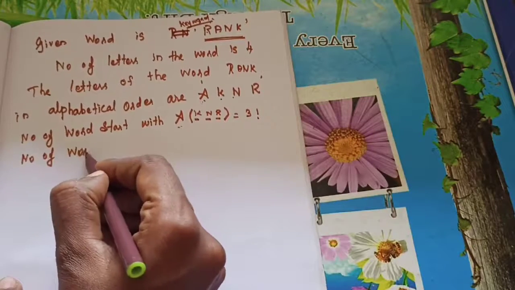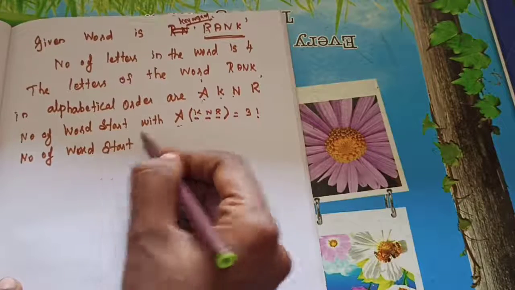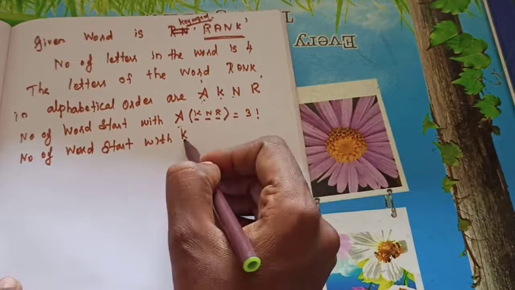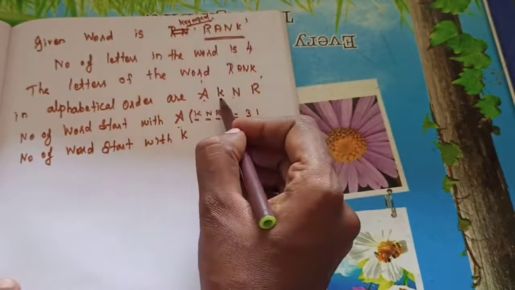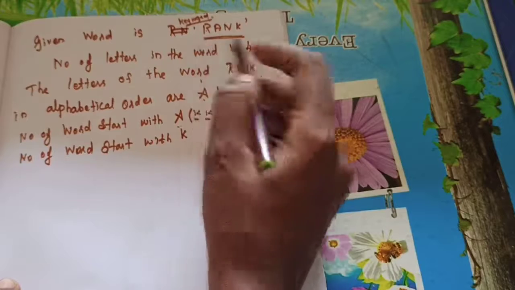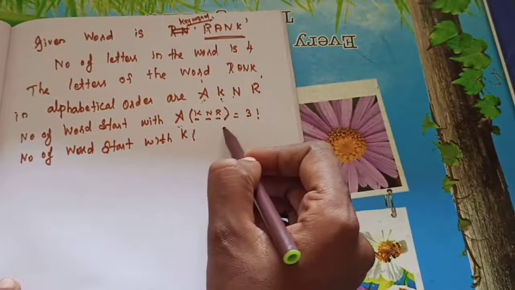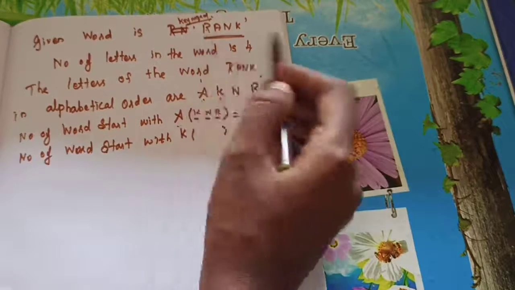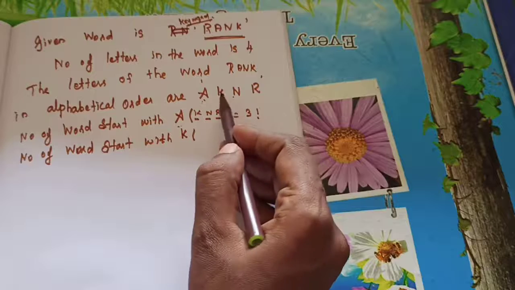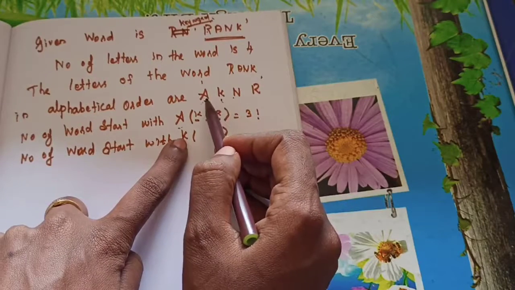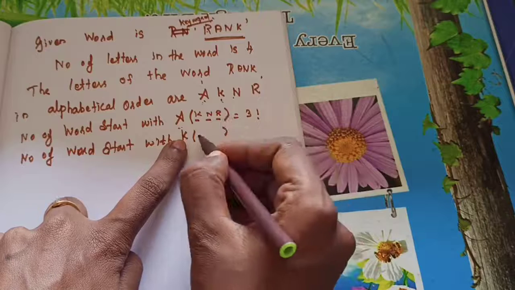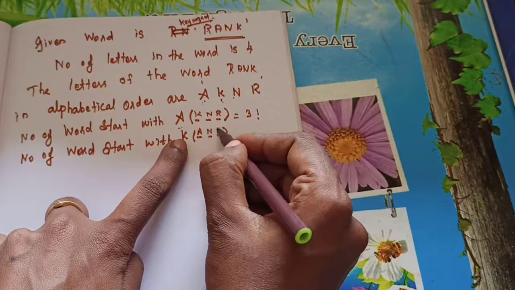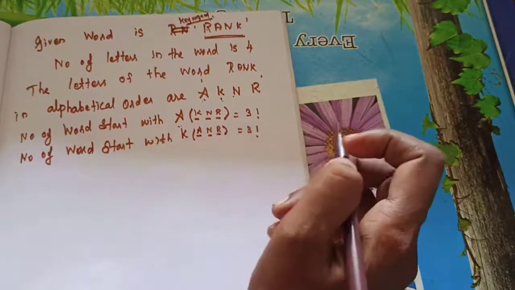Then next one, what will you do? Number of words starting with, what's the next letter? K. So with K, at once you check the keyword. K I took. What's the keyword? R, is it right? Here it is not the same, so you need to open one bracket. Here K, and R is there, so it is not at all matching. So K I took here. What are the balance letters here? A, N, R. So you need to put 3 dots and write A, N, R there. So how many factorial? 3 factorial. Okay, that's the next one.